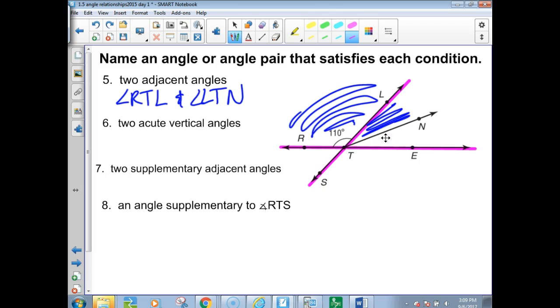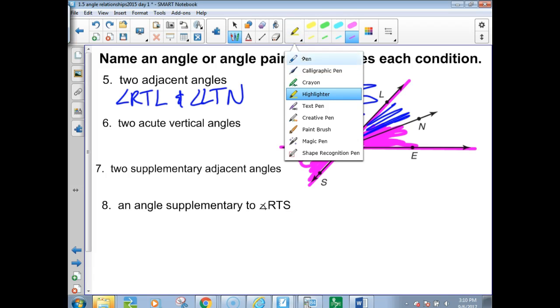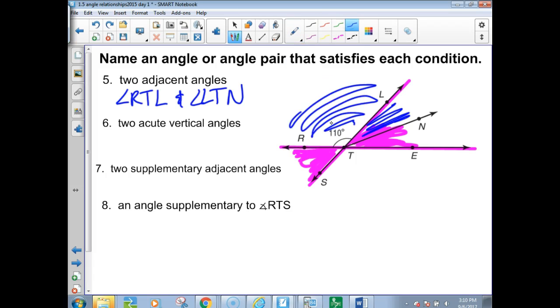We can't use these little baby ones here. I'm going to use that one and that. Now, it's not the only answer. Somebody could have gone with that big one here and this one. So if I use the pink ones,